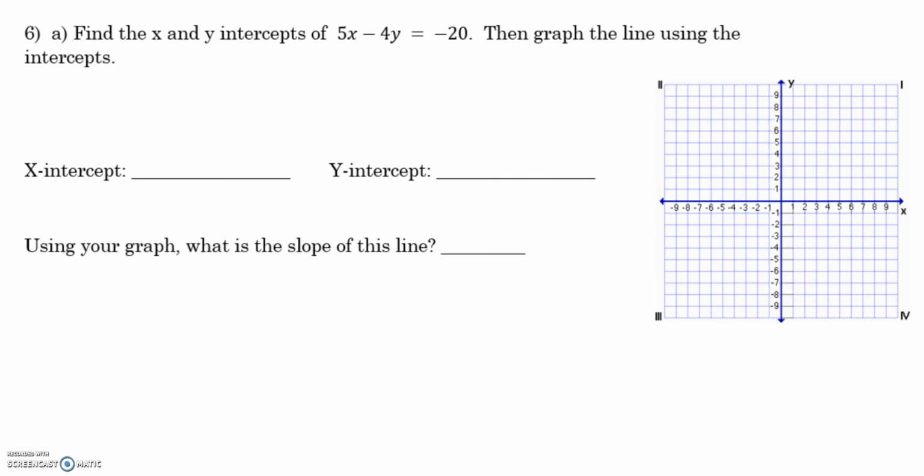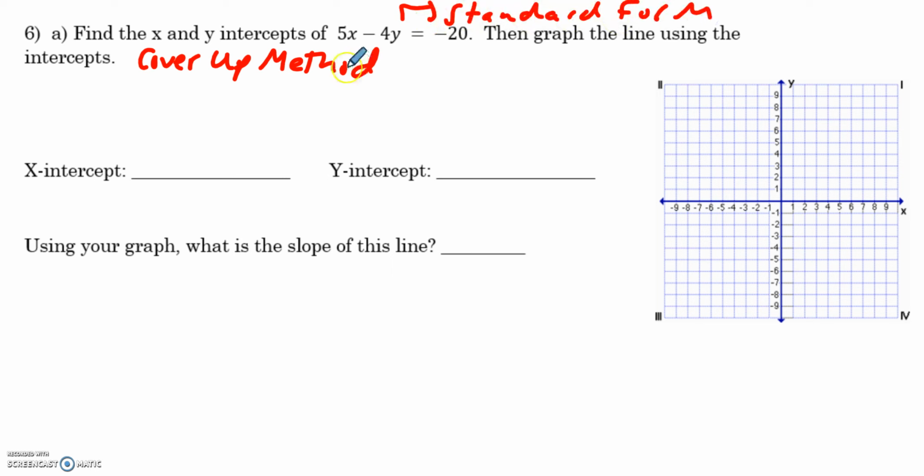Number 6, find the x and y intercepts of 5x minus 4y equals negative 20, and then graph the line using the intercepts. So this is the idea, the quick way of the cover-up method. So because this is in standard form, the fastest way to graph this would be find the x-intercept first and then the y. So if I want to find the x-intercept,